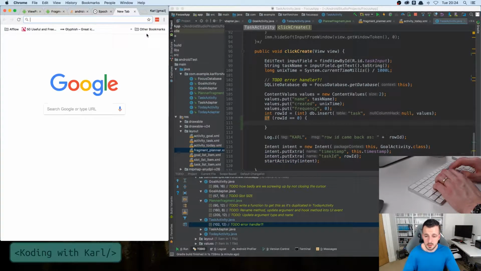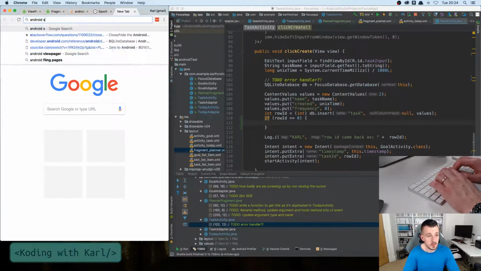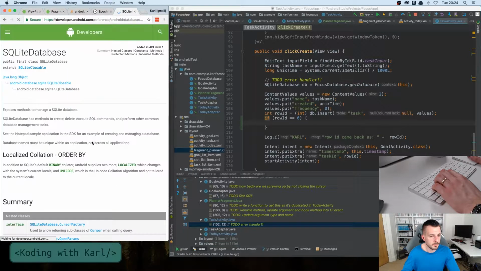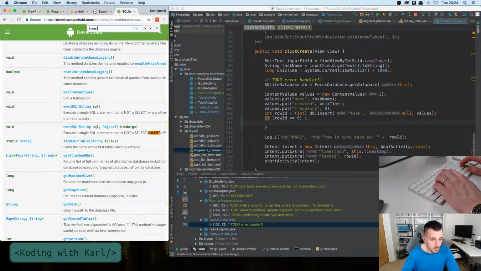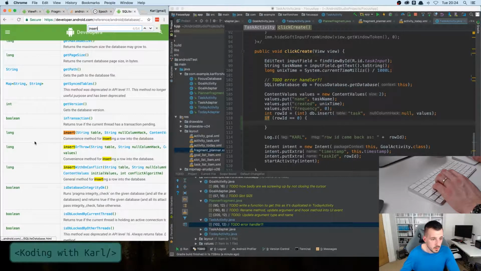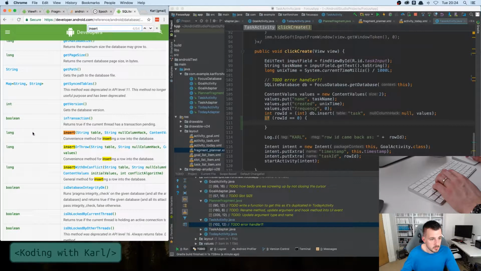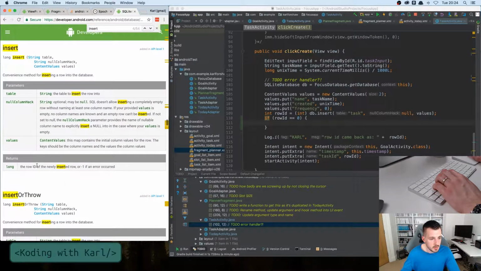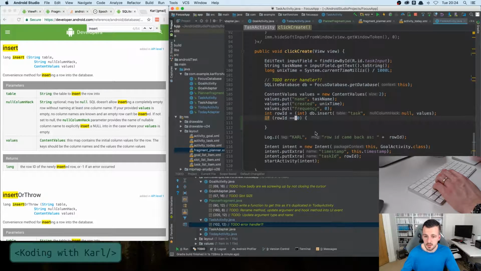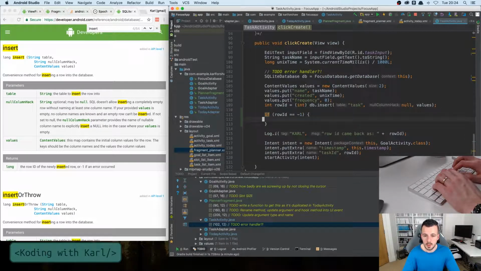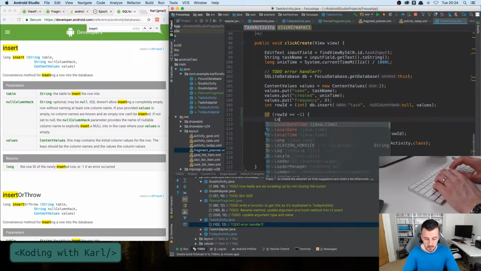Let's have a look. So Android SQLite insert. There we go. Returns a long. Doesn't say what. Returns the row ID or -1 if an error occurred. So if that is -1, then we have a problem, and we should probably do something with it. So we'll just write to the log for now, log.e